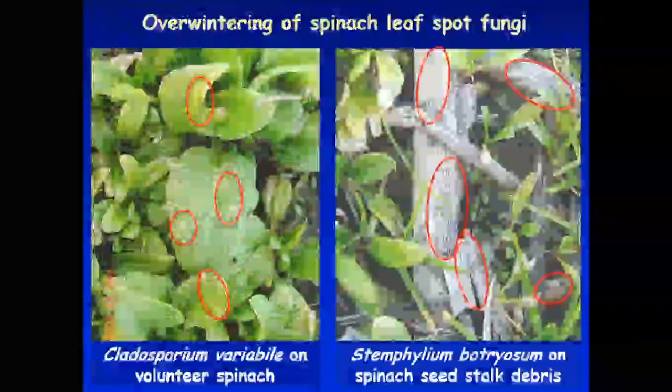So this is a close-up picture of those little black structures. I call them the Hershey's Kiss of Death for spinach. Each of those little structures you see in the top left picture, they look like a little Hershey's chocolate kiss. It's got a little tip to it. There's a tiny hole at the tip of that little structure. It's called a pseudothecium.